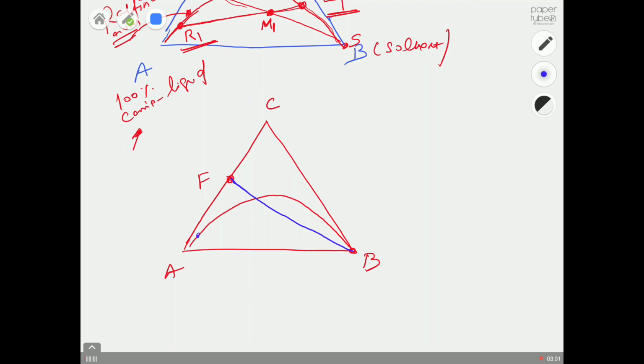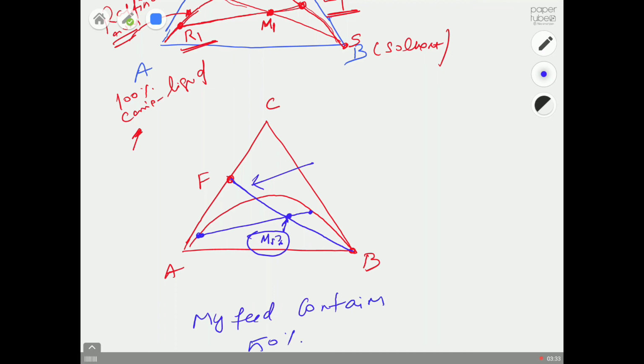If I have a tie line, I can even calculate what will be the composition at this mixing point M1 just by using the graphical method. So you know how to interpret this. If I give you this feed line, or if I give you some problem, I can design a problem right now. So my feed contains 50% of solute,